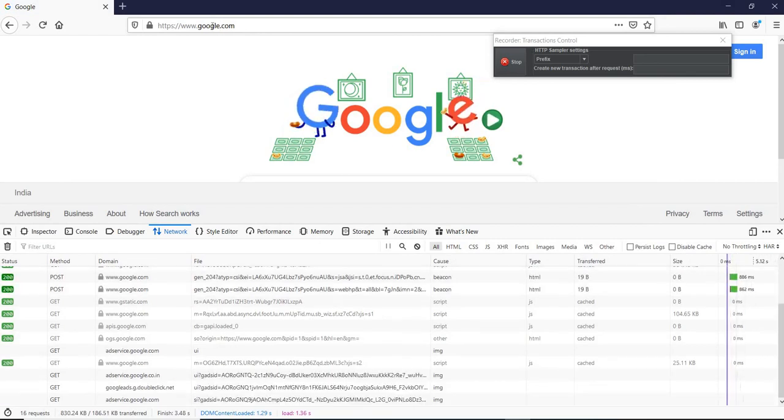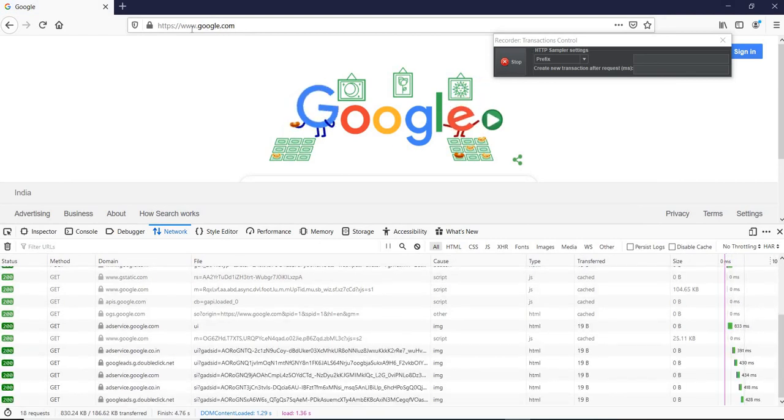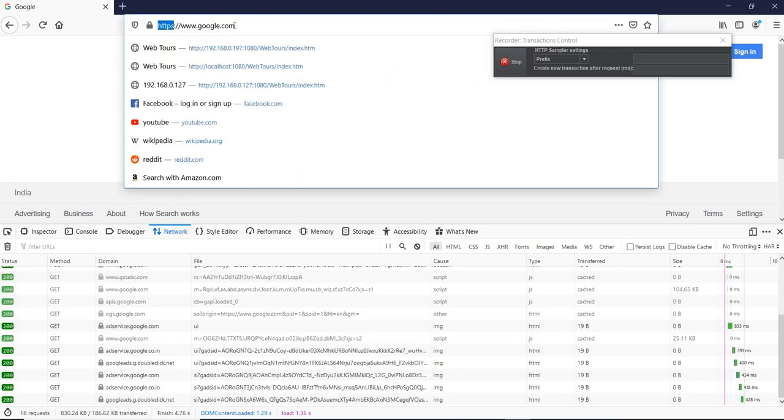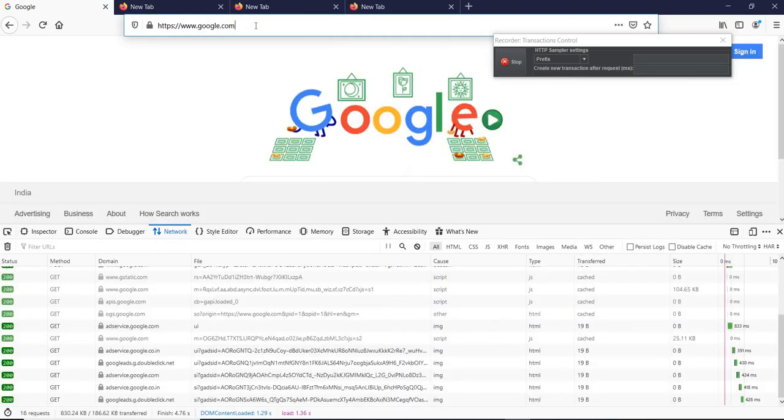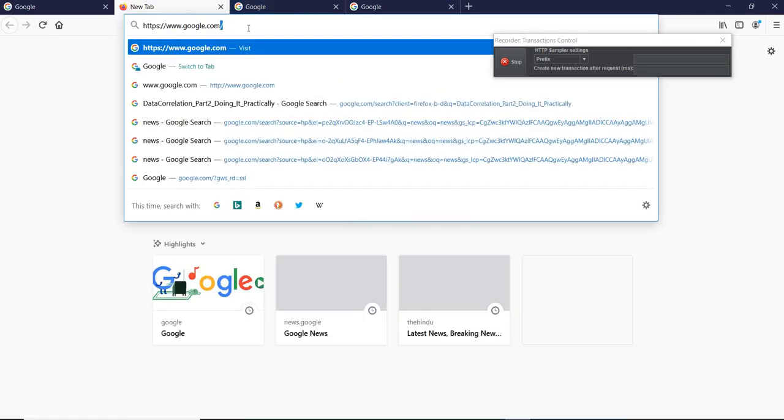This request goes from my client machine to the Google server. When we say HTTP is a stateless protocol, it means the Google server does not know where this request is coming from. Similarly, 10 other people could be sending the same request, and Google does not know where all these requests are coming from.